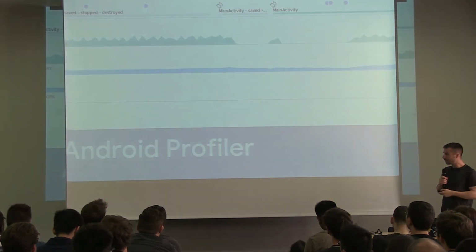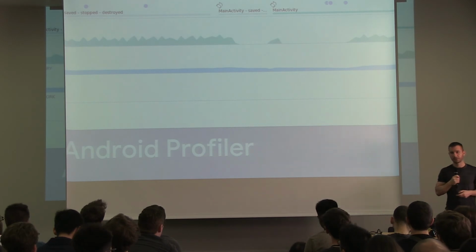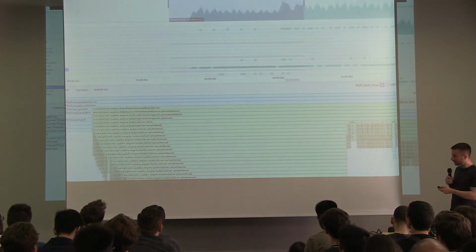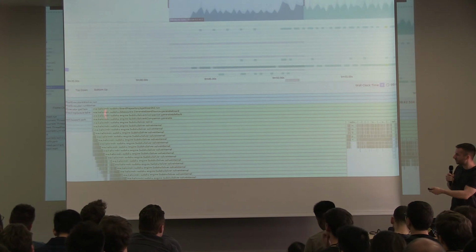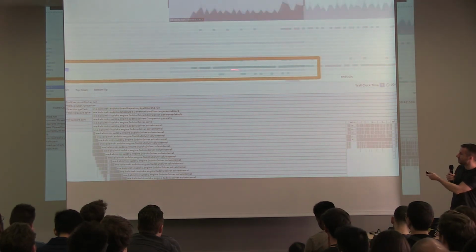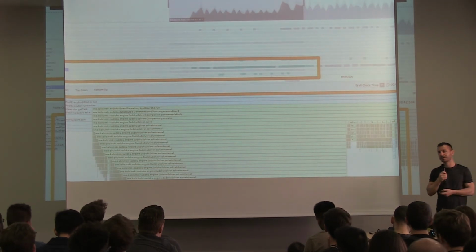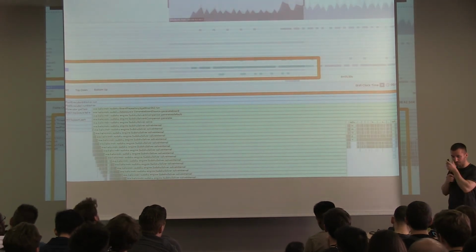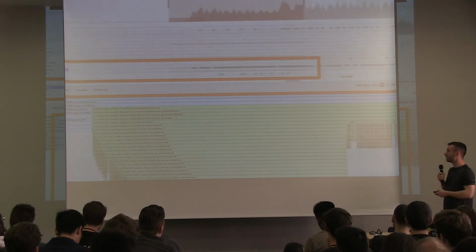And I really encourage you to try the Android profilers. We have a profiler for CPU, memory, network. You can see how long things are running. Like here's, for example, that Sudoku generation call, which if I use the profiler, I would immediately know that it's super recursive. It takes a long time compared to all the other things I'm doing. And so I can see that I moved it on another thread. So if you haven't used the profilers before, I really encourage you to try it. There's some videos from me and from other people online that explain actually how to record this stack trace and how to look at it.